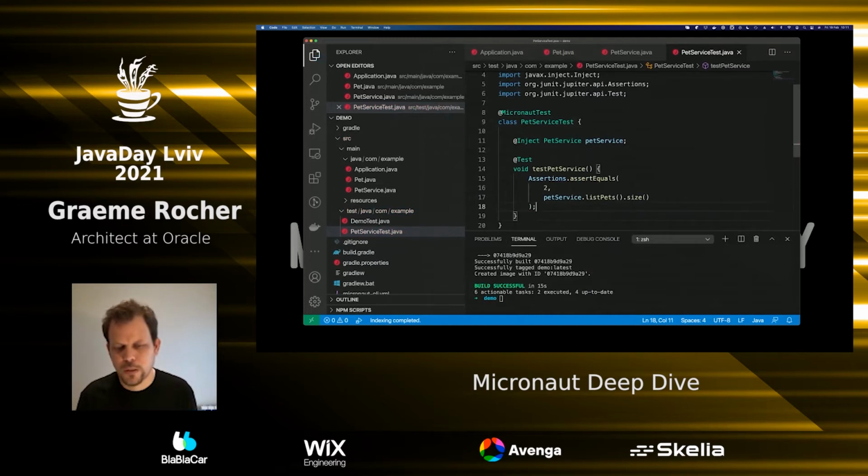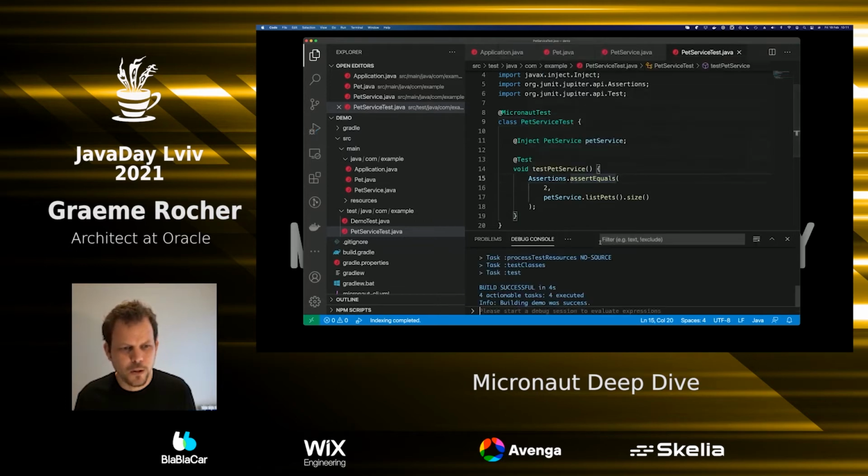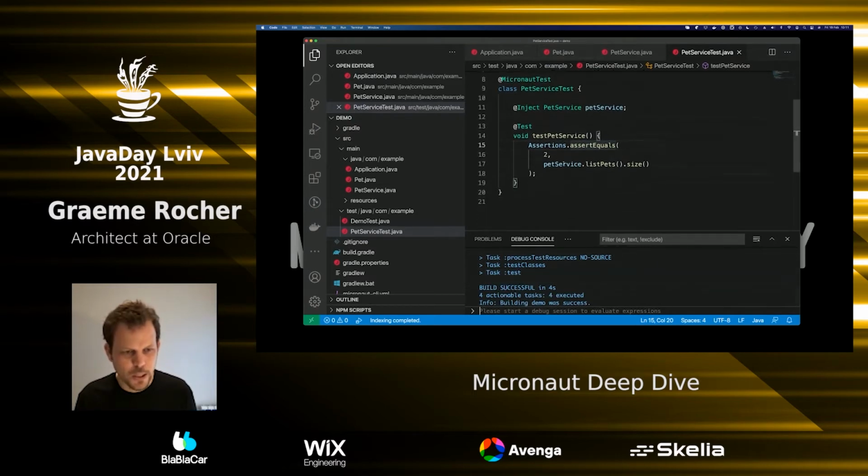So Micronaut fully supports JSR 330, which is the Java inject specification. So you can add any scope onto a component, and that'll automatically make it available for dependency injection. So then you can create, for example, some kind of